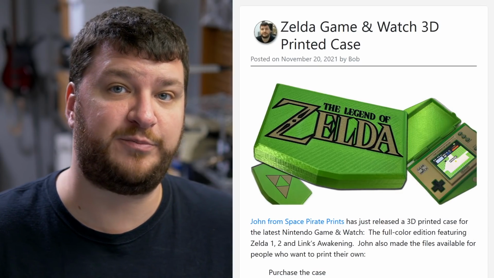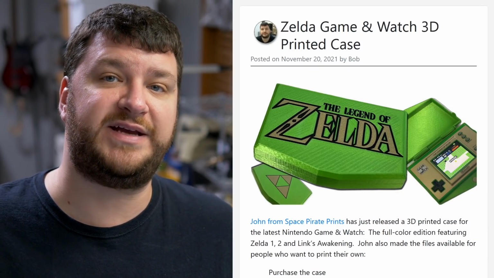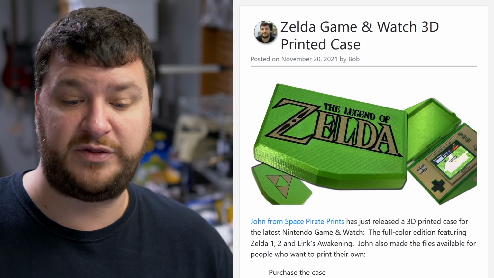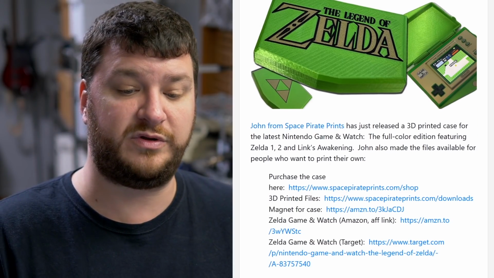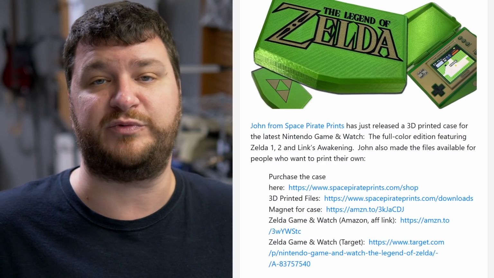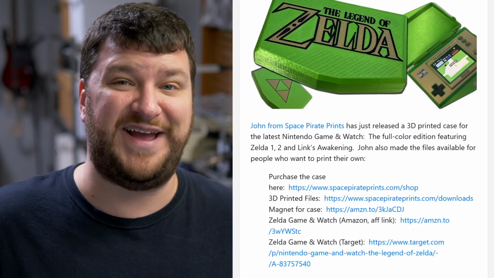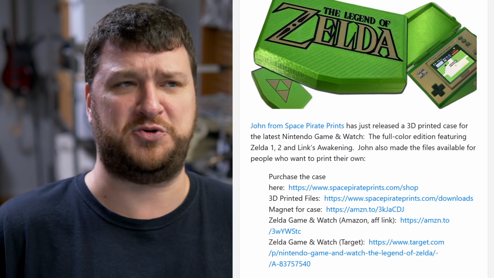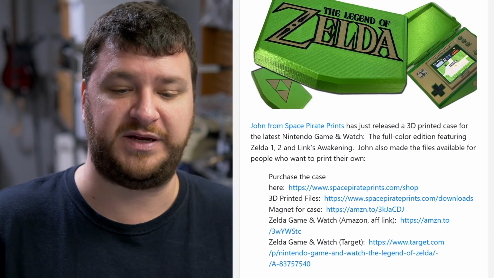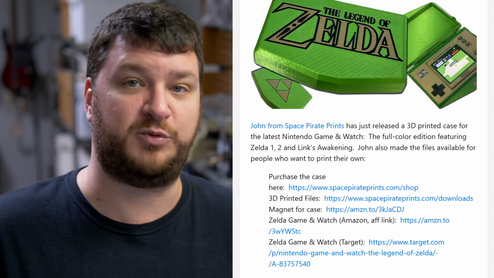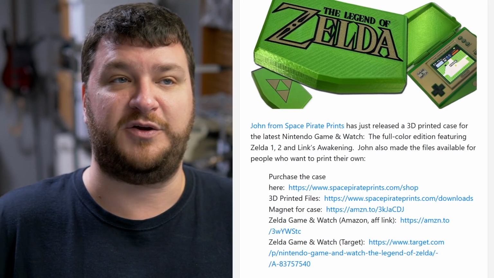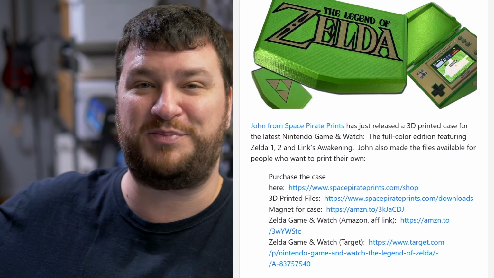John from Space Pirate Prince has just released a 3D printed case for the Zelda Game & Watch handhelds that were just released. You could either purchase the case directly from John, or the files are available to make your own if you would like, which is something that I always really appreciate. I would never tell any store ever that you have to open source your designs, but I do like to see the option out there, because while there's many people that would love to support John, if you don't live in the same country, or if you already bought a 3D printer and a bunch of filament and you don't have any money left,